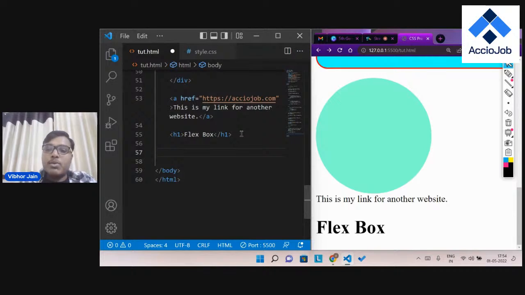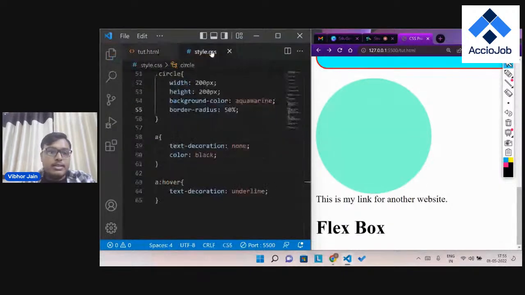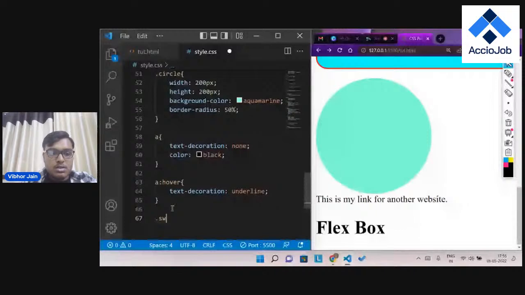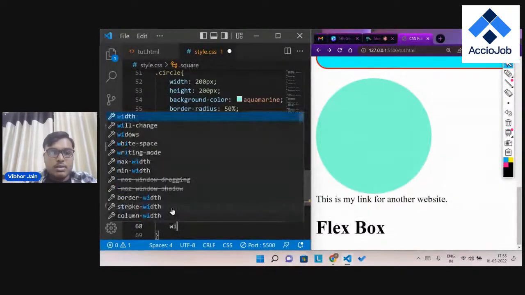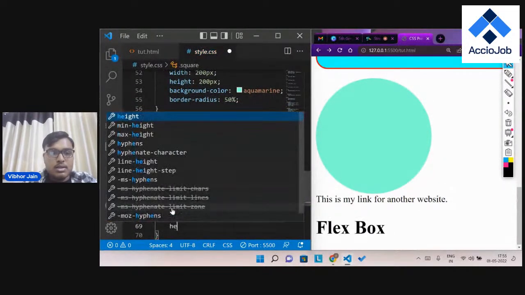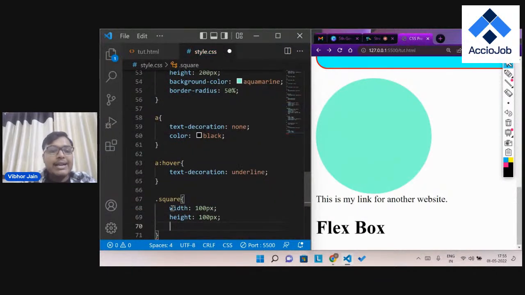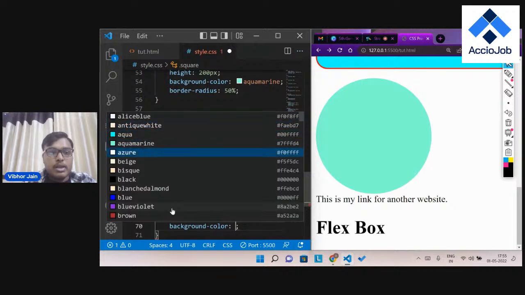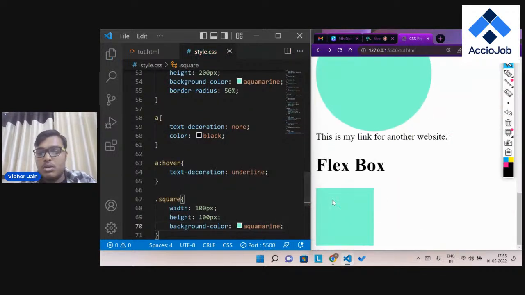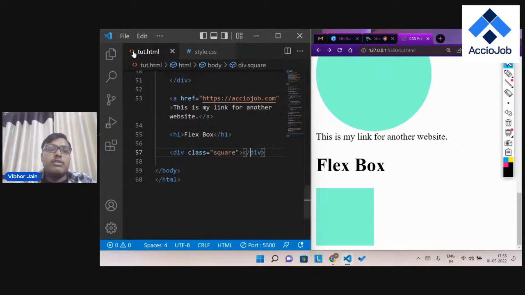Now, yes, we can put hover on any item other than anchor as well. So let's create a div here, which I'm going to name as square, and let's create it. Dot square, its width to be 100 pixel, height to be 100 pixel, and its background color to be green. See, this is one square. So if I create many more squares like this,